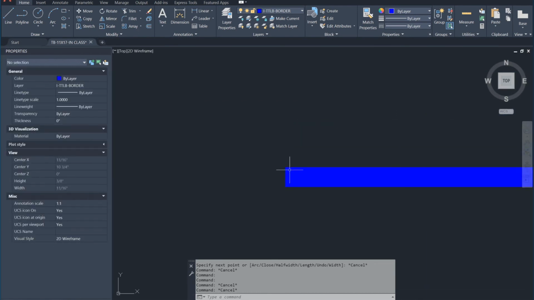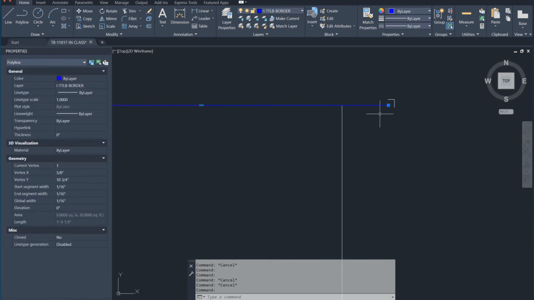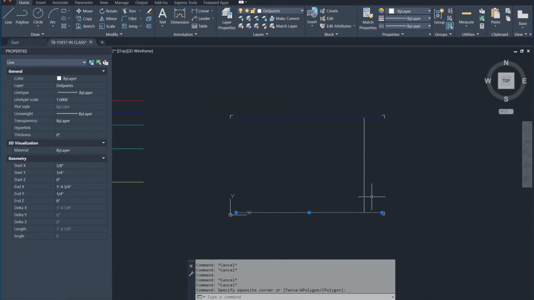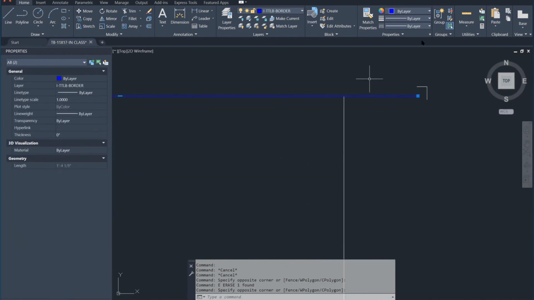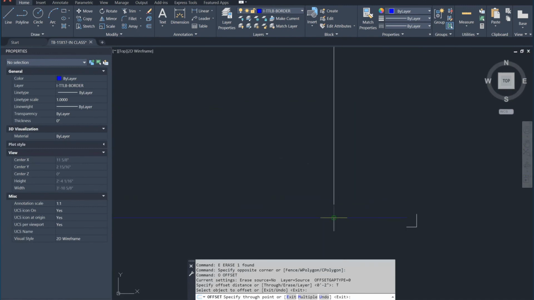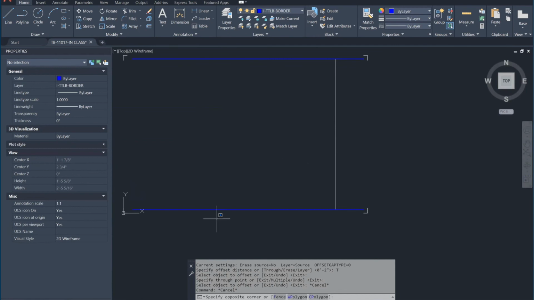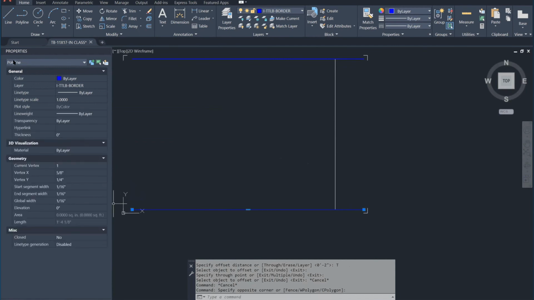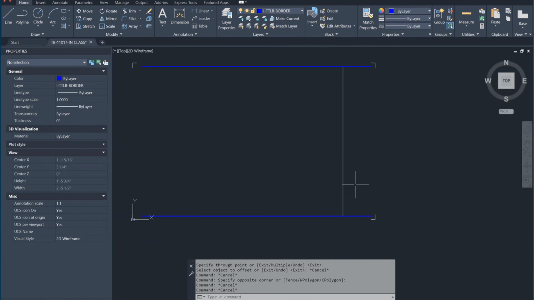So if you want to print a little bit thicker line than our CTB setup, you can do that. So that's the property of polyline. So you have global width. I set the global width to 1/16, so it will be thicker than our regular line weight. So in this area,